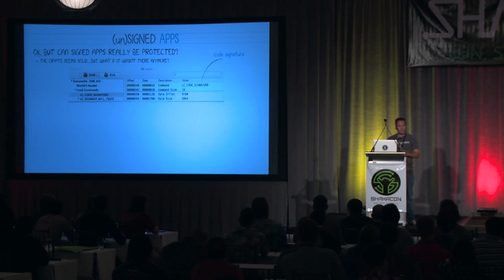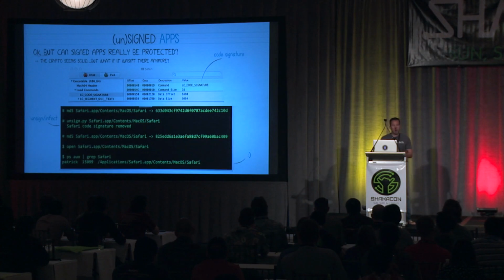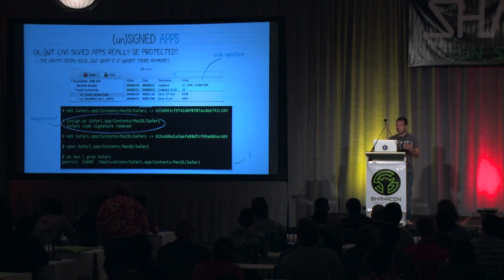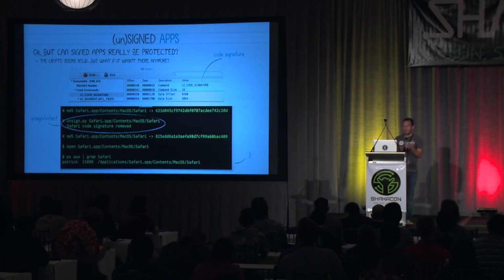Basically what happens is the OS level loader looks for an LC code signature block in the binary. If it finds the signature block, it then re-verifies the binary to make sure there are no modifications. However, I found out that if the signature block is removed, the binary can be modified with no consequences. So there are a number of quick and dirty ways to remove this block. You can change the type of the signature block, just say it's another type.